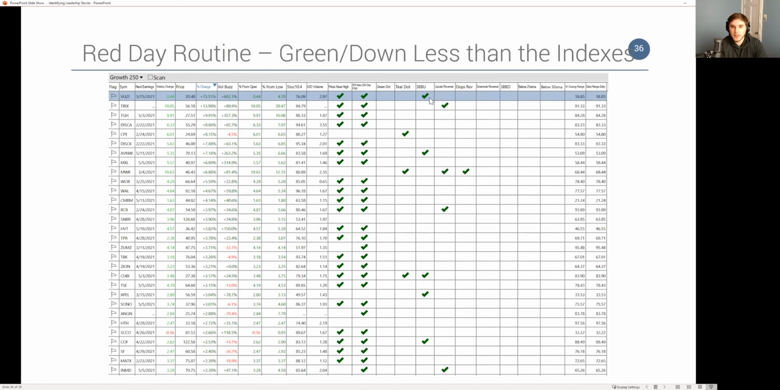3-bar break to the upside is when a stock consolidates for a bit and then breaks through 3 highs at the same time. Upside reversal is when it undercuts the previous bar's low and then increases above it. Oops reversal is when it gaps down and then moves up through that low. Downside reversal is when it breaks out above the previous day's high and moves down. 3-bar breakdown is consolidation, break downward. And these two